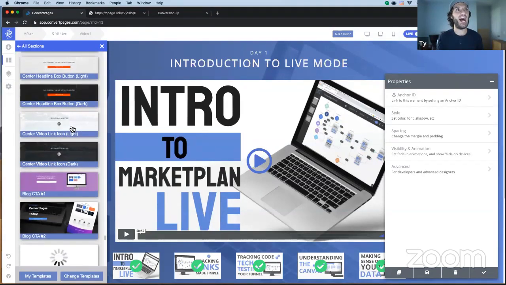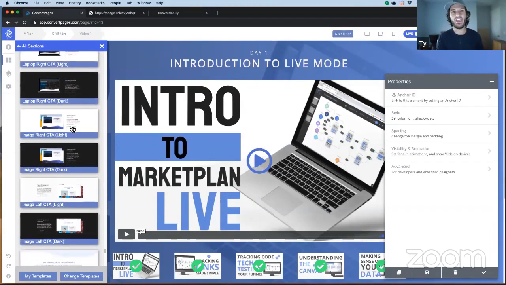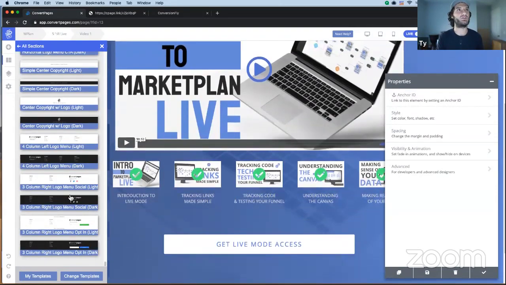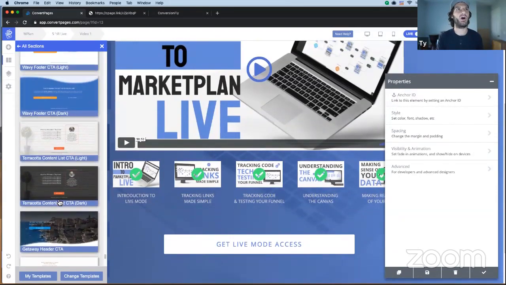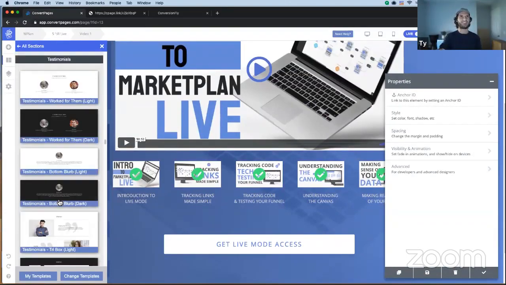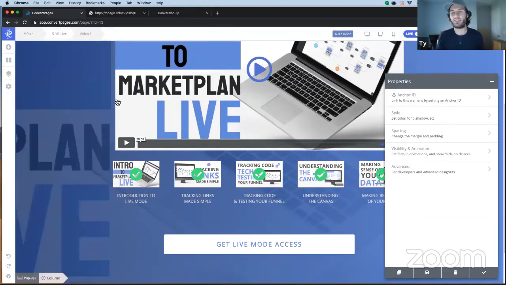We made sure to put hundreds of sections so that you're never in a place where you're like, man, I don't even know where to go right now. I don't even know what to do. Look at these, from footers all the way over to CTAs, middle sections. You've got this long list of pieces that you can build right now and convert today. So you don't only just have to say, oh, I can build a funnel in one day because the tech is easier. But now you can actually build it the way you want to build it, free,